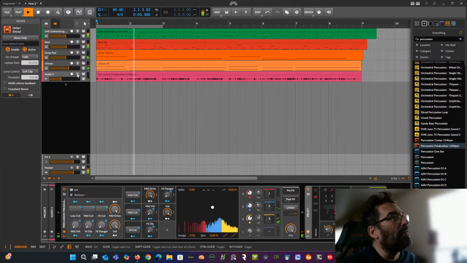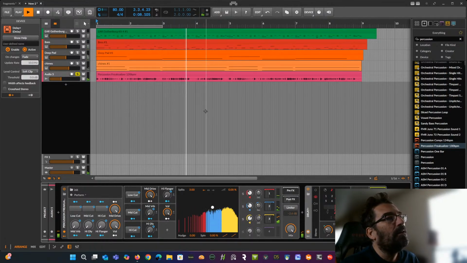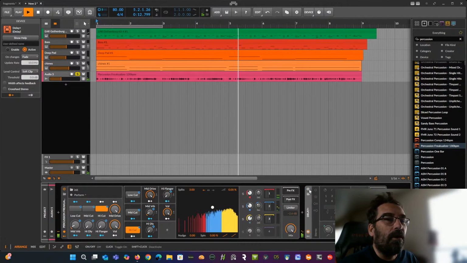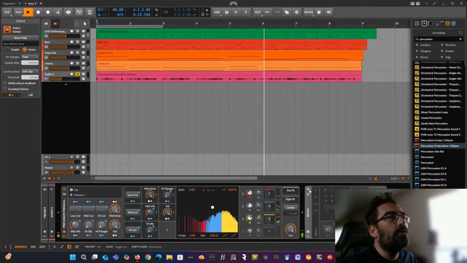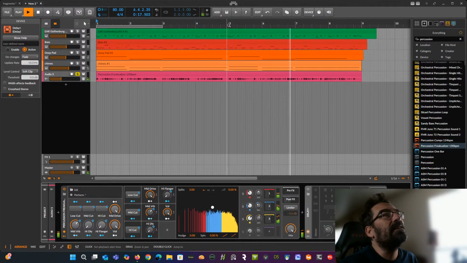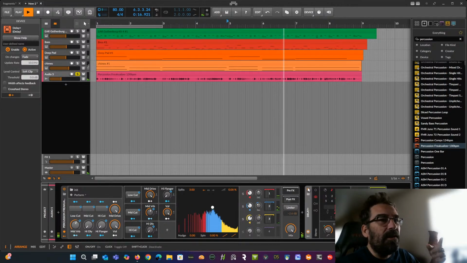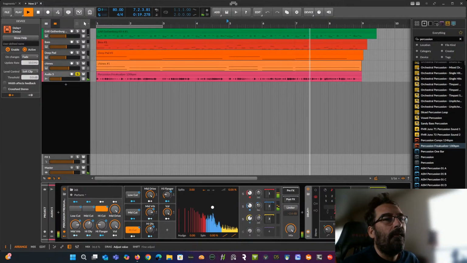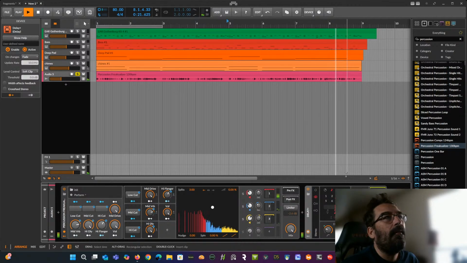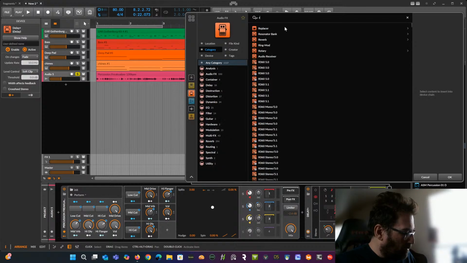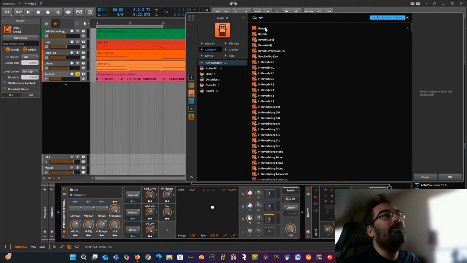I put solo on the track right here with the S button. I'm going to turn the delay off. You hear how it cuts off, and it's very dry. But if I turn that delay on now, hear the repeats? It's pretty cool. Now if we hit the plus sign again and type in reverb, or REV for reverb,